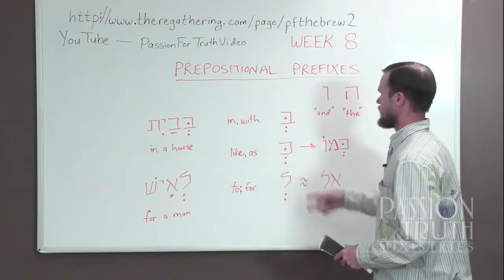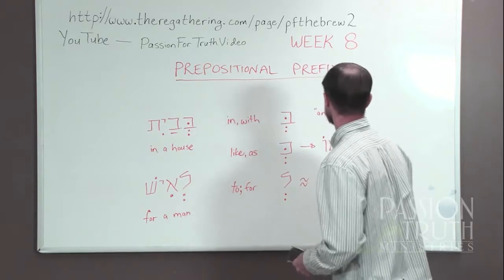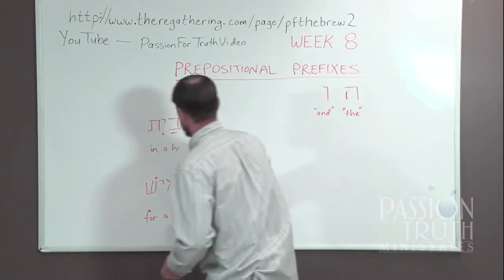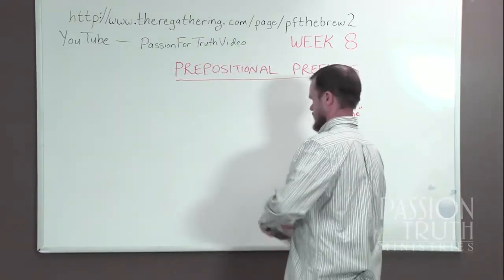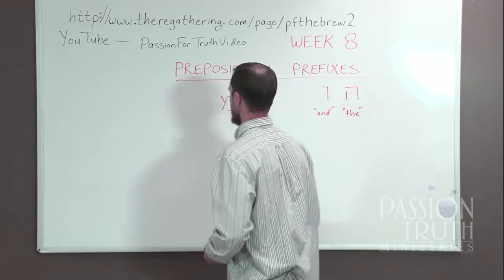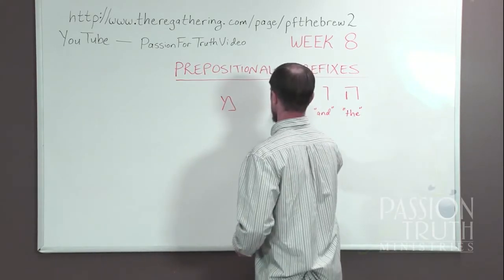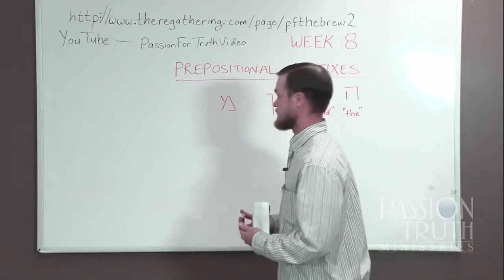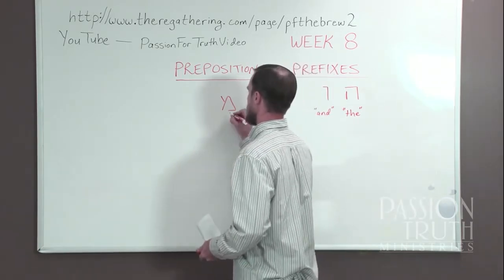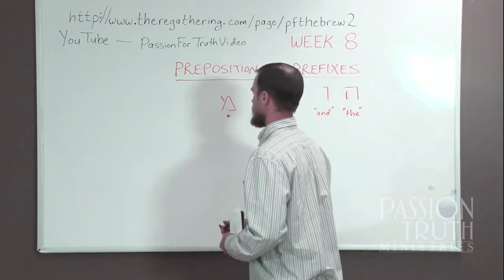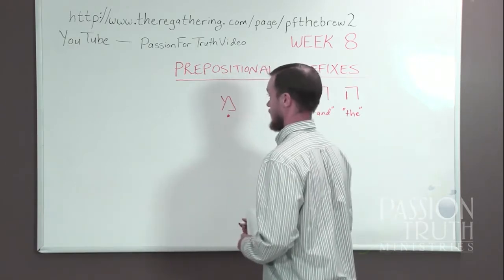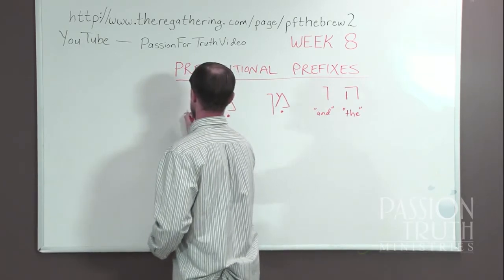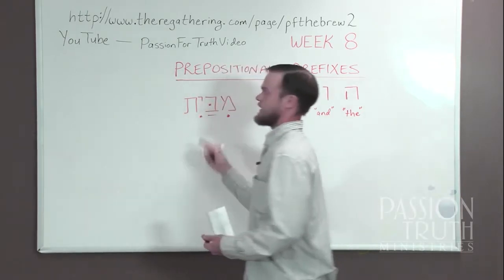So there's one more prepositional prefix in Biblical Hebrew, and I will cover that now. And that is the mem. Now, the mem does have an exact equivalent that's a totally separate word. The word min, which means from, can also be shortened to just a mem prefix in front of a word. The vowel that usually accompanies the mem is a chirik. And when this is the case, the letter that immediately follows the mem will take a dagesh. So if something is from a house, mibayit, from a house,